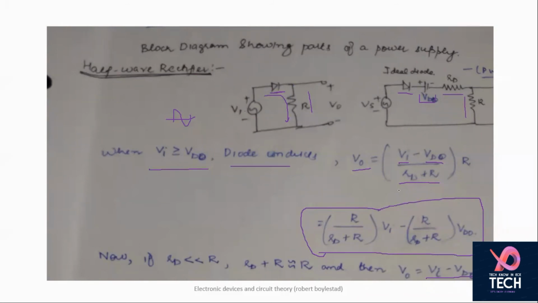Then next is, we normally have resistance that is not having a very appreciable value. And in that case, what we actually do, we normally neglect this value of RD, then your Voutput is Vin minus VD0. So that is what I have already discussed, that if you are applying 5 volt AC and this is having some 0.7 voltage drop, then you are getting 4.3 volts here.